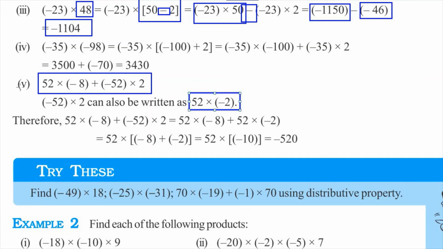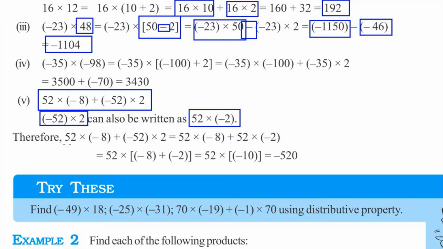How is it possible that we have just flipped the negative sign? This is possible because whenever we are trying to find the product of a positive and negative number, what we do is we multiply them as whole numbers and then keep the negative sign. So when you're doing the first type also, we multiply them as 52 and 2 and then write the negative sign. So even when it is minus 2 or plus 2, we just multiply them as whole numbers and then keep the negative sign. So that is why it is possible for us to find their product and then keep the whole number.